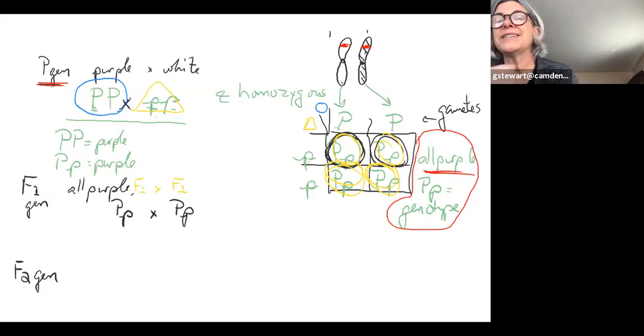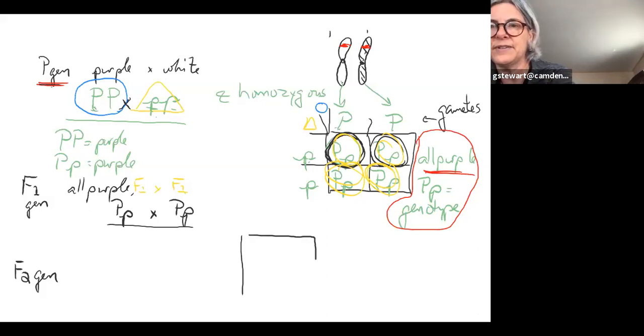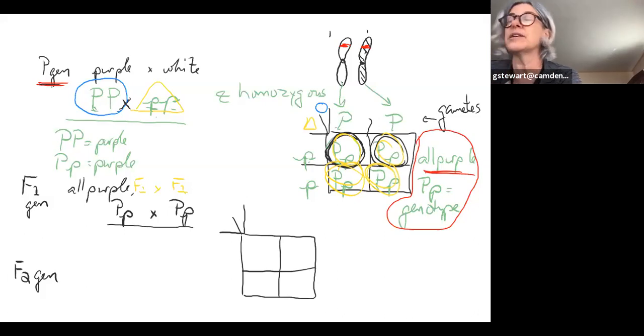So now I would draw a second Punnett square to show how I would get the offspring of an F1 crossed with an F1, which are going to be the F2 generation. And there, now we're going to see some variation among the offspring. So I'm going to move my box over a little bit to the left here. And I'm going to make another 4 square like that, because I remember we call this a monohybrid cross, right? One trait, we're just crossing flower color here.